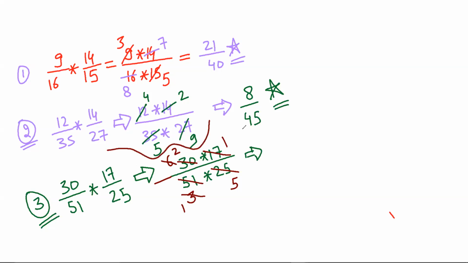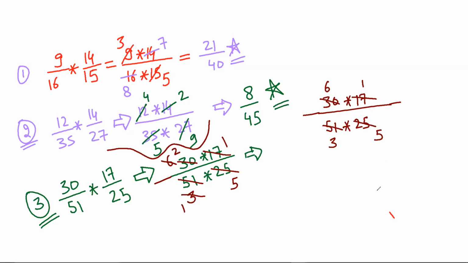So, we have to do only cross, right? For example, in this question, let me explain again. So 30 into 17 upon 51 into 25. In the first step, what I did was I took 17 as a common factor, so 17 ones are 17, 17 threes are 51. And in the second step, I took the common factor of 30 and 25, and I cancelled 5 sixes are 30 and 5 fives are 25.